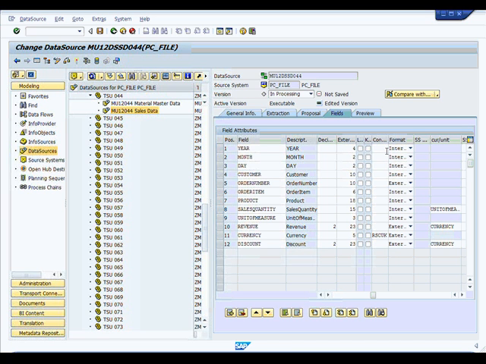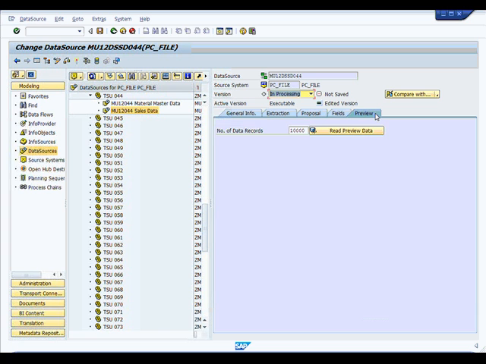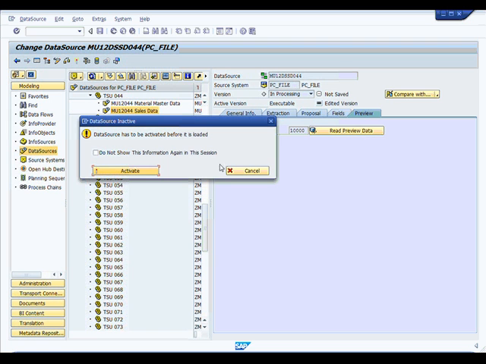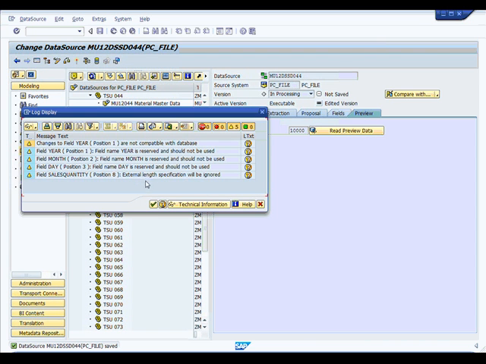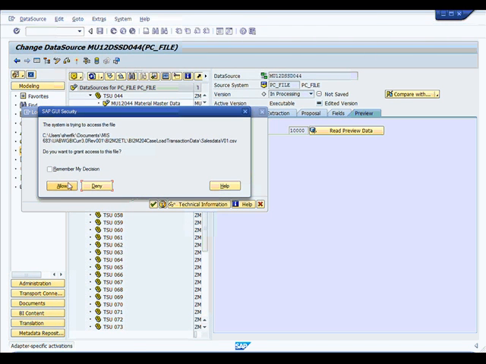So we'll need now to go to the preview tab and read preview data and activate, and you get a list of warnings, and that's okay. So just click enter, and it activates